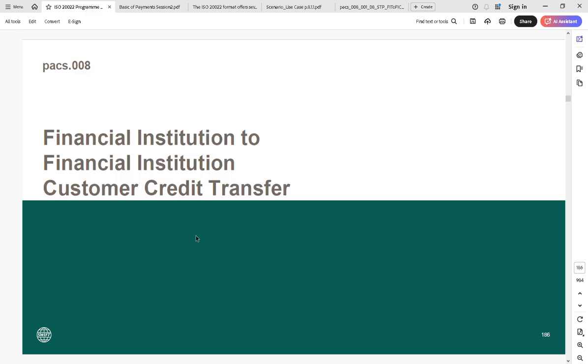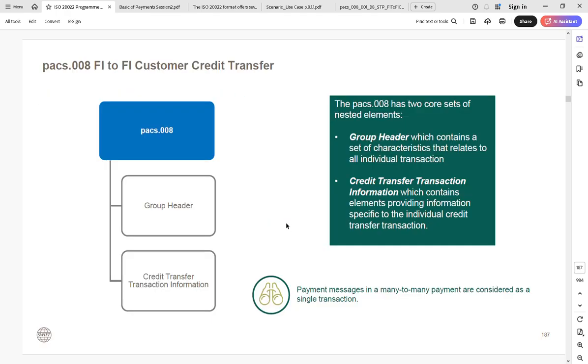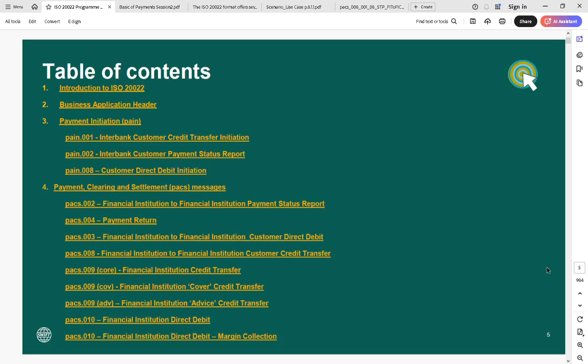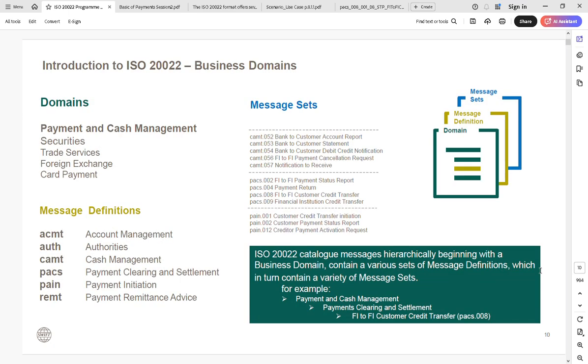PACS.008 messages. If you see PACS.008 messages, then first of all, before moving to the PACS.008 messages, we are going to study the basic part of these messages: how these messages are built up, what they are basically called, what the information and detailing is, and how the parent and child relationship exists between them. This we are going to discuss, and we are going to discuss payment and cash management, but